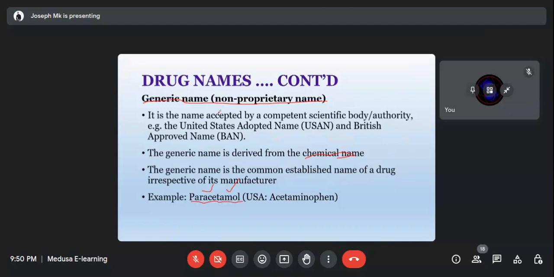So they've accepted that there are some terms that are going to be used for certain drugs. Take for instance the same thing we're talking about, paracetamol. Whenever you go, if you just say paracetamol, definitely they are going to give you the same. But some of us are used to the word Panadol, but its generic name is paracetamol. I don't know if that is clear. Yeah, it's clear. Okay, thank you very much.